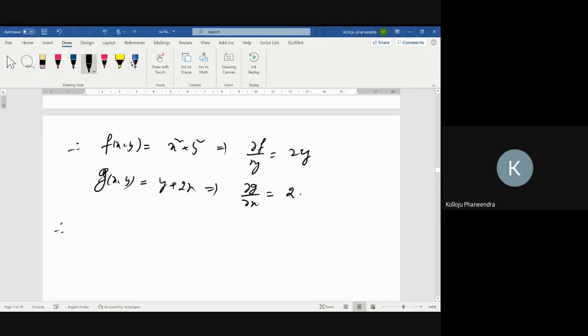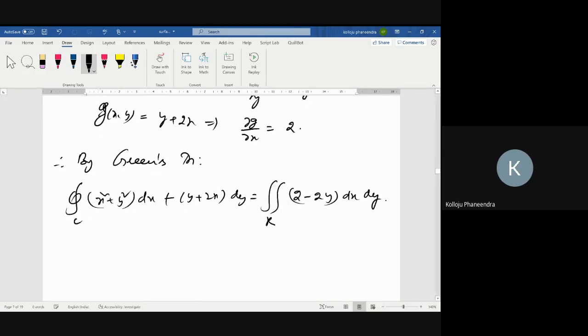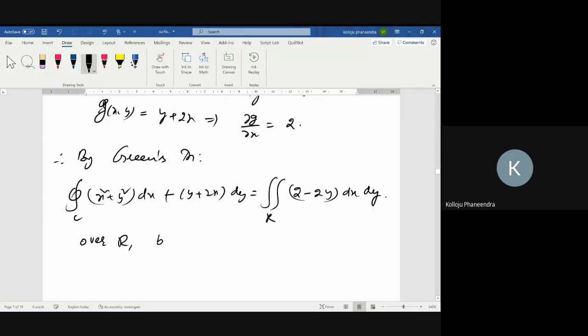Okay, therefore, by Green's theorem, circulation over C, what is our problem? (x square plus y square) dx plus (y plus 2x) dy, is equal to the double integral over R of (dou g by dou x minus dou f by dou y) dx dy, and over R, by considering a vertical strip,